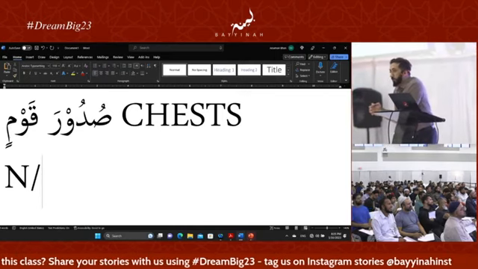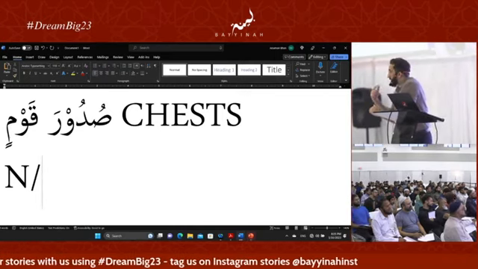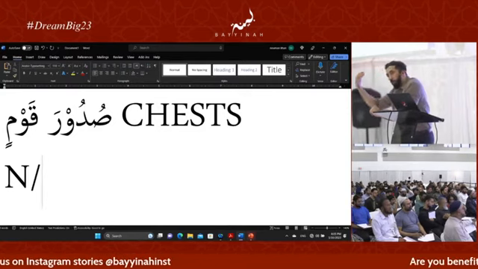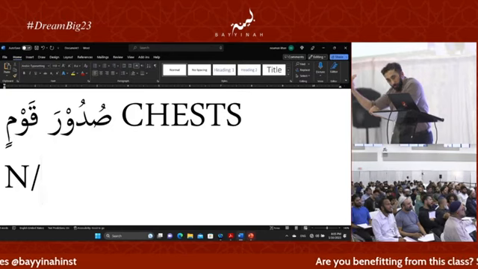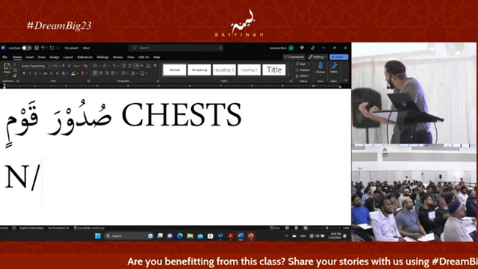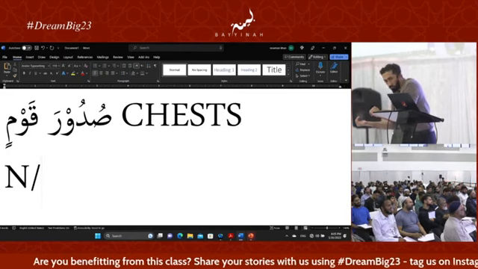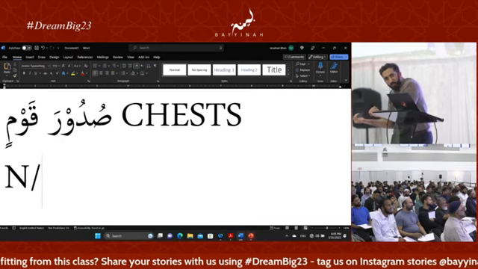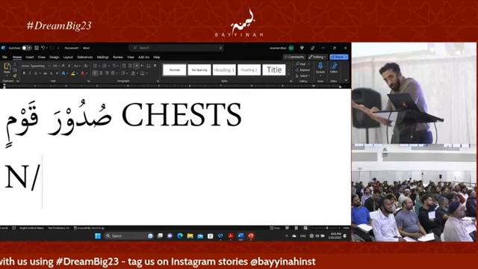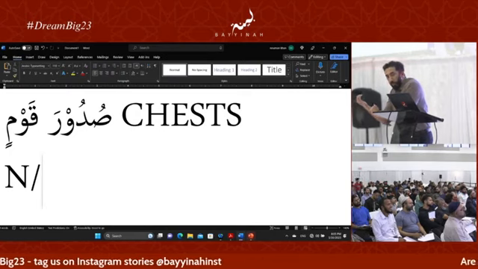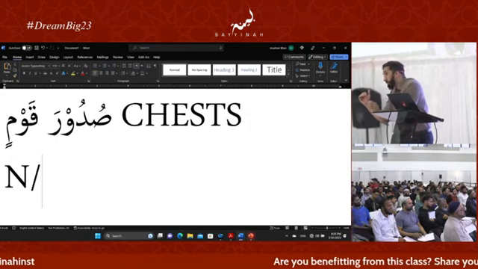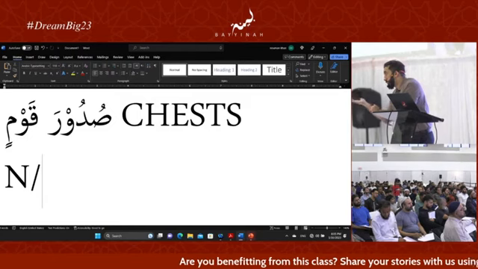Is chests plural? In English, it's plural. How many kinds of plurals are there in Arabic? Before we move on, we must say which of the 5. Is it una, ina plural? No. Is it atun, atin plural? No. Is it nas, qawm, and qarn plural? Really? Sudur is nas, qawm, and qarn? No. Is it human? No. Monkeys have chests too. Is this a non-human broken plural? And when the Arabs come across a non-human broken plural,